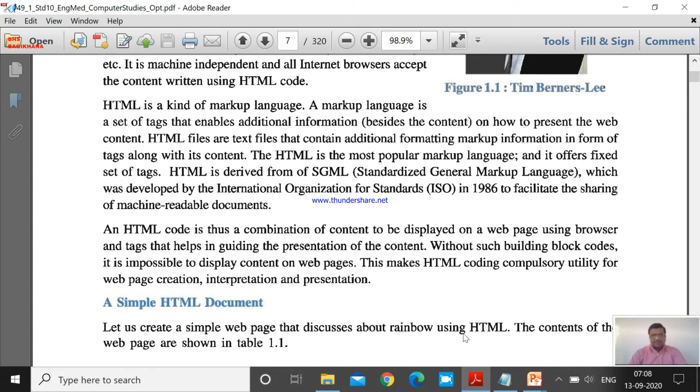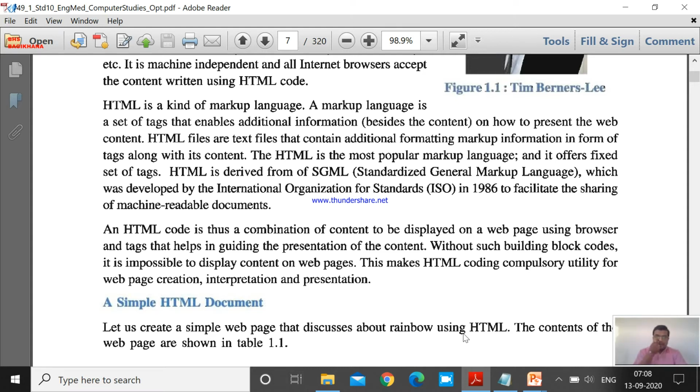HTML is thus a combination of content to be displayed on a web page using a browser and tags that help in guiding the presentation of the content. Without such building block codes, it is impossible to display content on the web page. This makes HTML coding a compulsory utility for web page creation, interpretation and presentation.